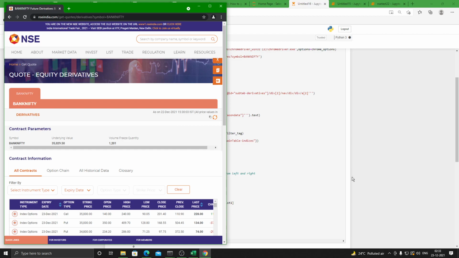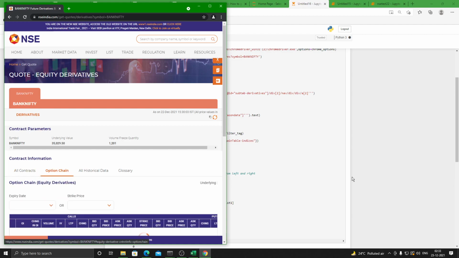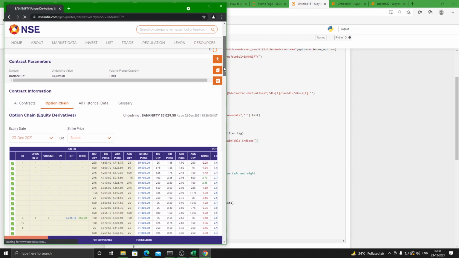So one thing to note is I have introduced some customary wait periods in the code so that it waits for the page to load and stuff like that. But what I want to say is, since NSE is actually updating it every 3 minutes, so you have pretty much,